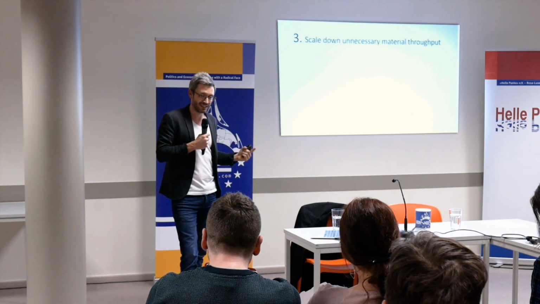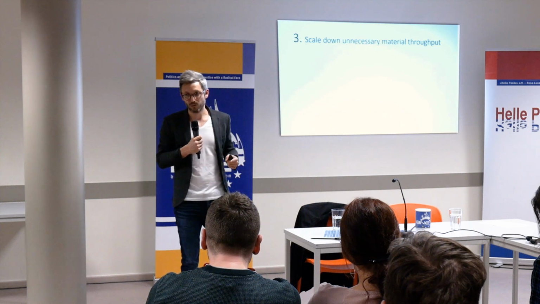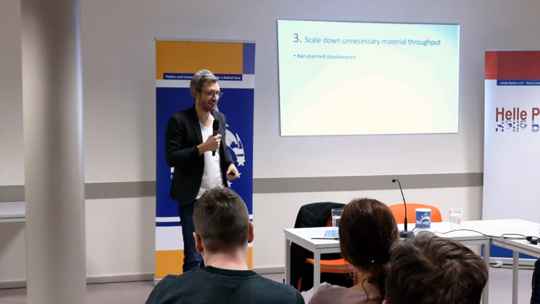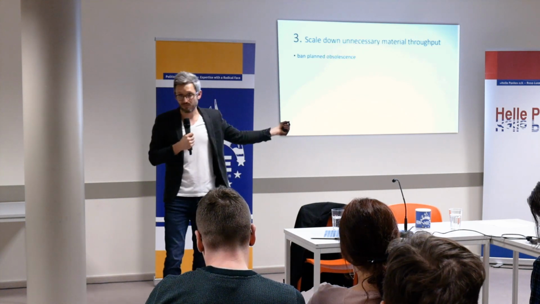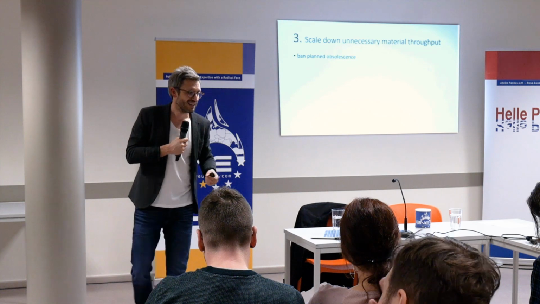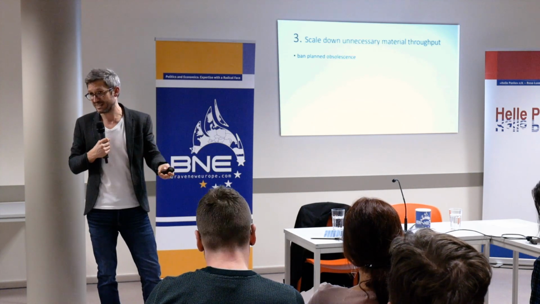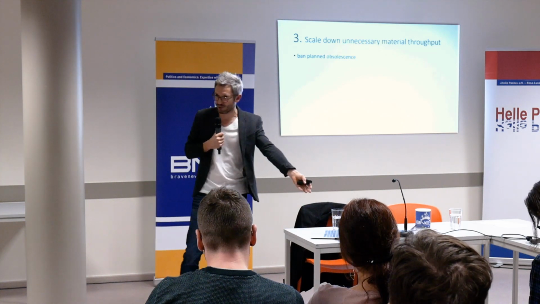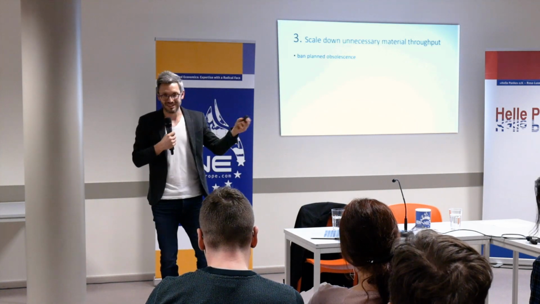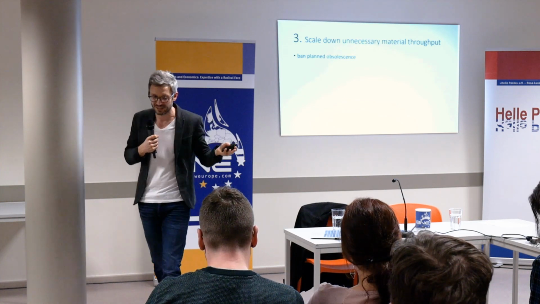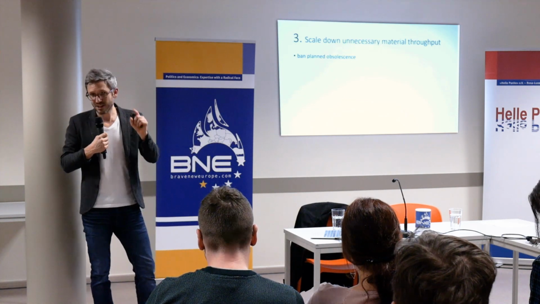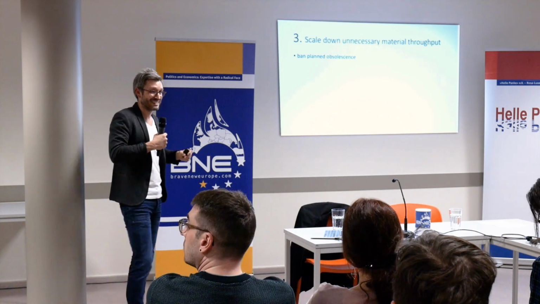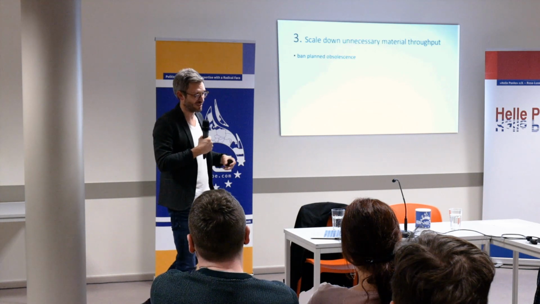For me, the most important thing to focus on here is an active plan with legislation to scale down unnecessary material throughput. So what does that look like? One thing might be a ban on the practice of planned obsolescence, by which companies produce goods that are designed to break down quickly so as to maximize turnover. This is true of everything from this computer to our iPhones, or any smartphone, which has to be replaced every 2 or 3 years. This is not an intrinsic feature of the production process. It's something that's been introduced purposefully to maximize turnover.